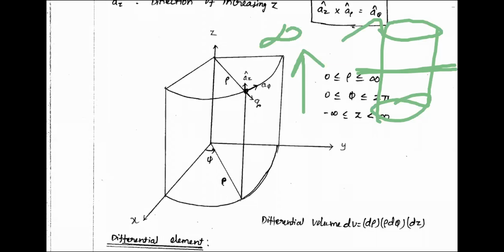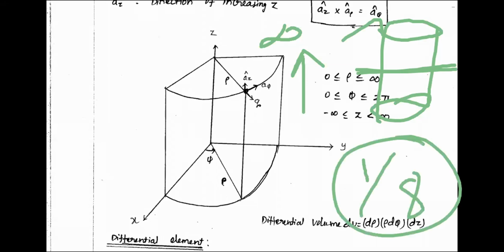Because there are 4 quadrants. Only 1 quadrant is visible. So actually, what you are seeing is 1/8 of the cylinder. Is it correct? There is a cylinder. Here it is visible to you only 1/8 of the cylinder. Is it correct? That is the main problem. Why are we having difficulty understanding this? Are you all agreed with this? If okay, we will proceed. You are getting only 1/8 of the cylinder.